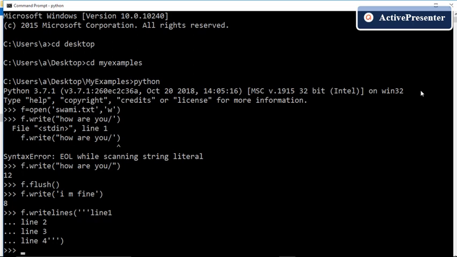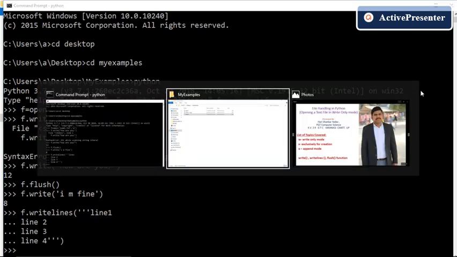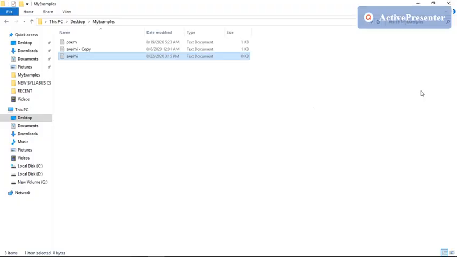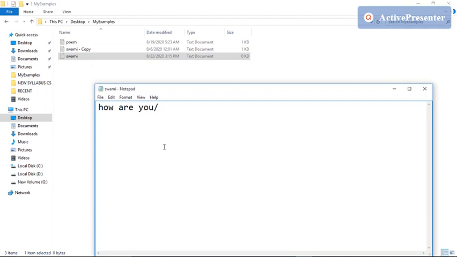Let us check whether this matter that I have just written is reflected or not. So for that I am opening the file again, and you can see that we have no. So the content we have just written is not reflected. The reason is again same.